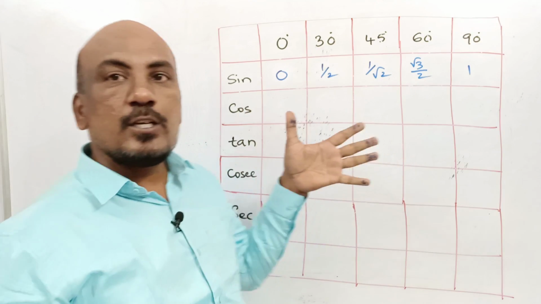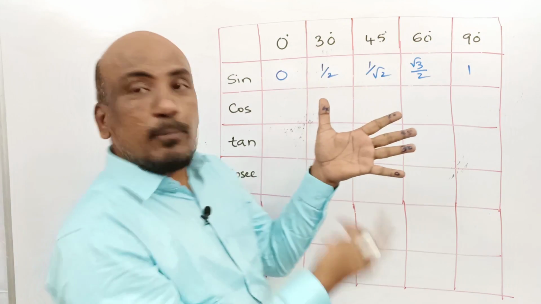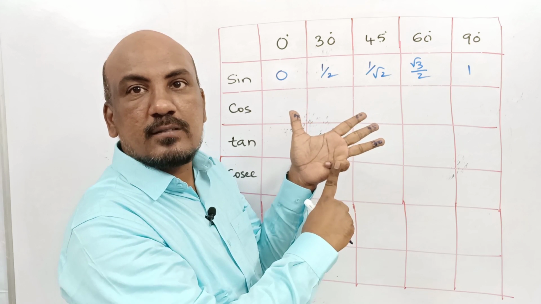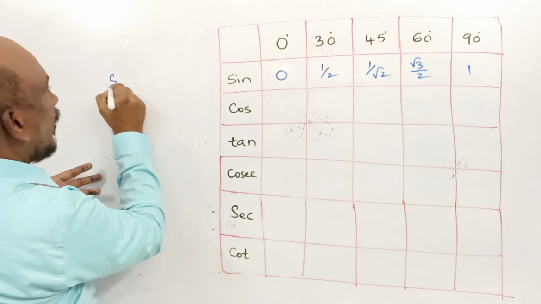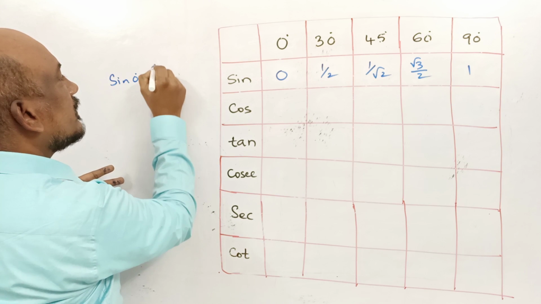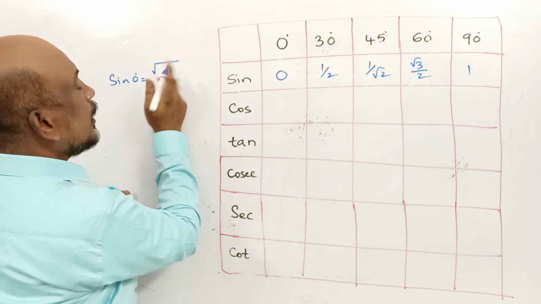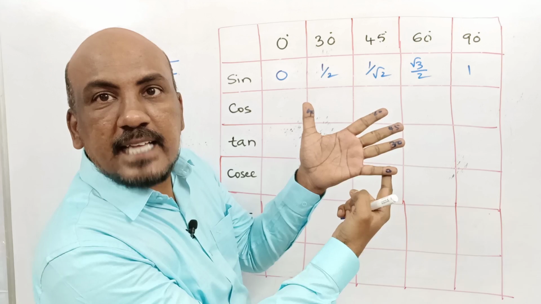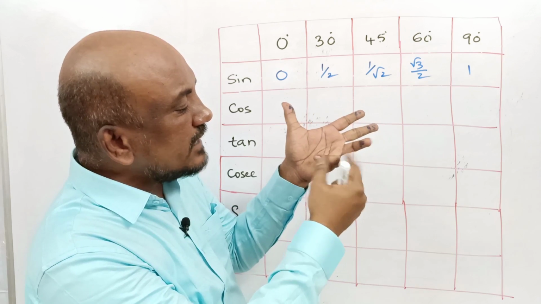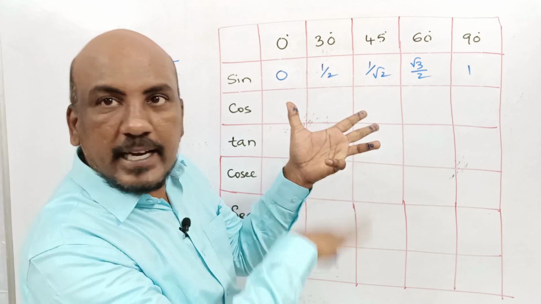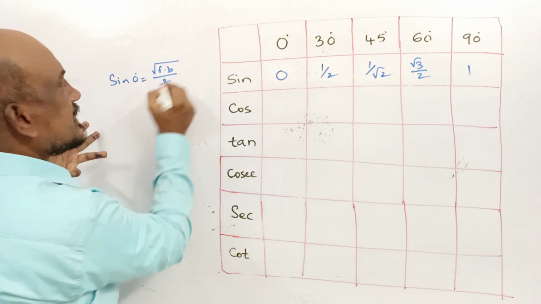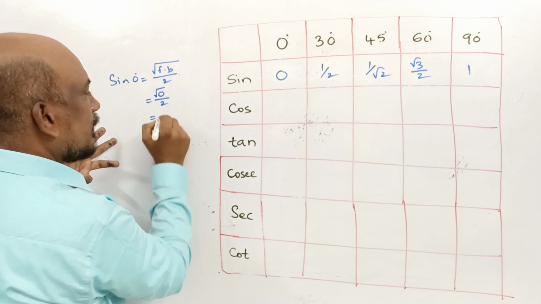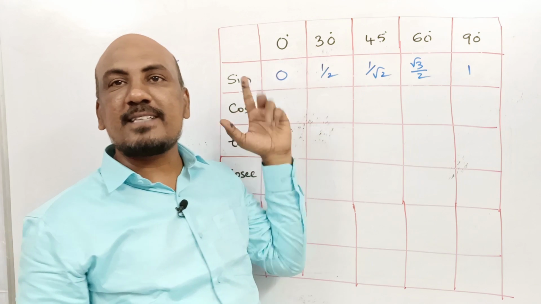First we will go for sine. So children, suppose you want to know sine 0, close this finger. To know the value of sine 0, the trick that you should remember is root of fingers below by 2. So for sine 0, how many fingers are there below this folded one? There are no fingers, so it is 0. So what is sine 0 going to be? 0 under root, 0 by 2 is 0. That's how you can remember sine 0.